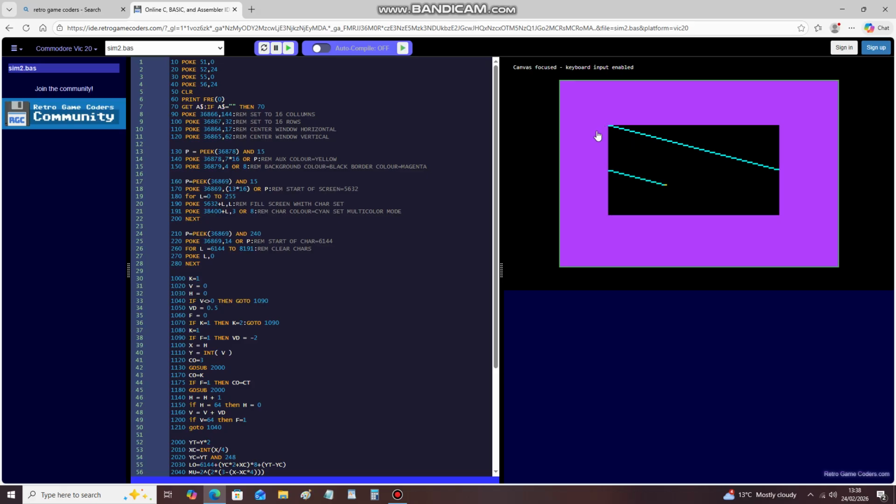See the vertical deflection is causing it to go down, and the horizontal deflection is causing it to go left to right. It'll get to here, it'll go back, and now it's turned off, so it's not leaving a trace. It's going back up to the top, hitting the middle,